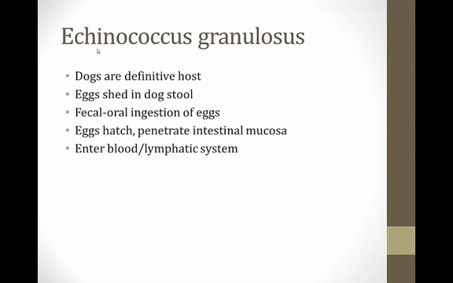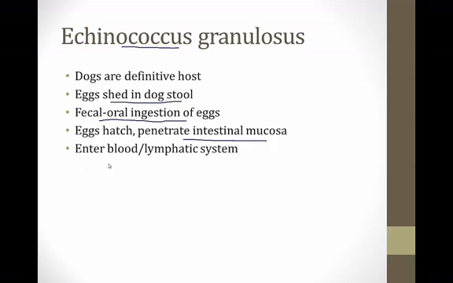Echinococcus granulosus is a helminth that causes giant liver cysts. That's the most important thing to remember about it. It's got a very unusual name with the word coccus in it. It almost sounds like it might be a bacteria, but it's not. It's a helminth. Dogs are the definitive host, and they shed eggs in their stool. And then when people don't wash their hands and touch contaminated soil and dirt, they get fecal oral ingestion of the eggs. When the eggs hatch in the intestine, they